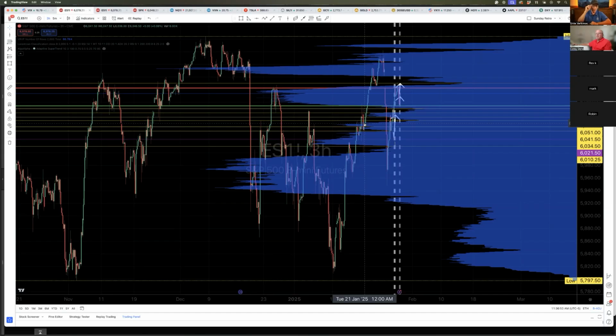Sometimes it's a little deceiving because you'll see sometimes stuff will go through a node. You can think of prices going through it fast. It's just in a hurry and it's hydroplaning or something, I guess. All things can happen, but in general, that's the way the market behaves. It slows down and consolidates inside of nodes.